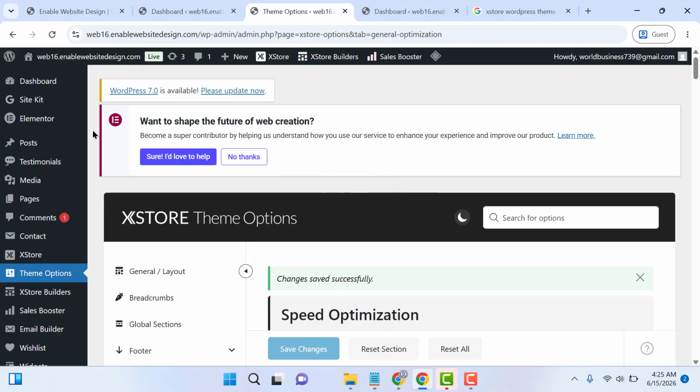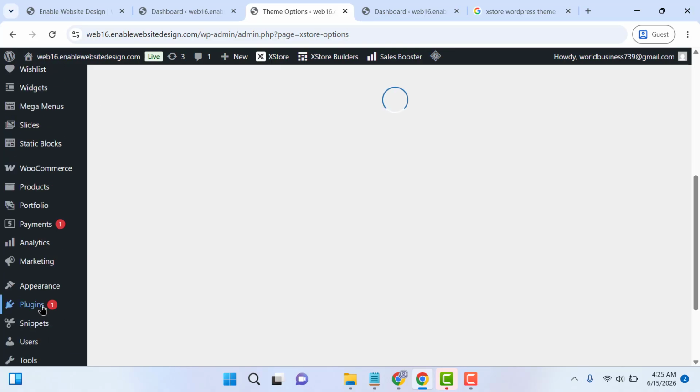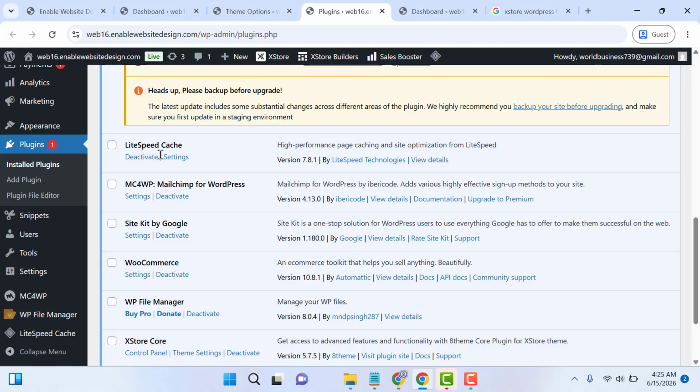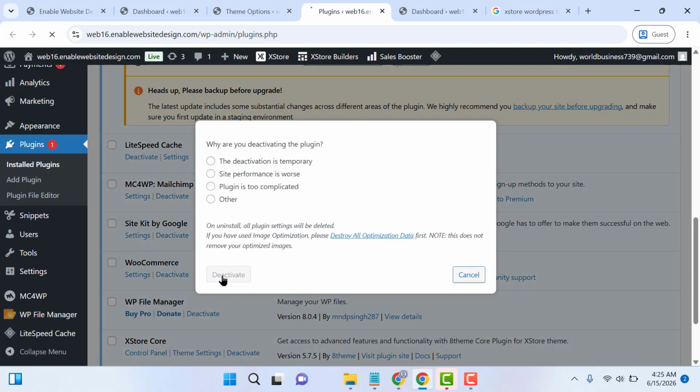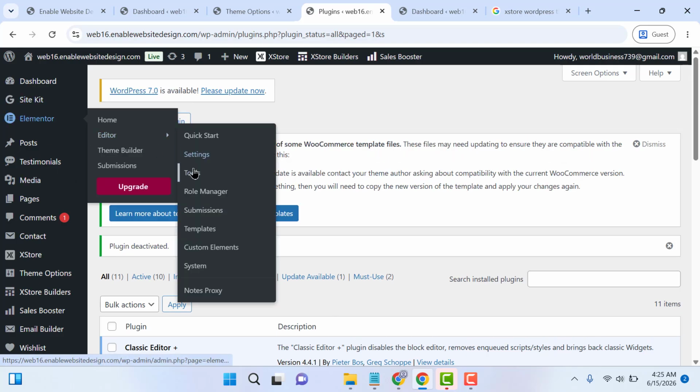But if you are using the Elementor page builder, first of all we need to clear the cache using the LiteSpeed Cache plugin, this one, and then go to Plugins. This is the plugin that you can install for free. After that, now let me deactivate. Now we need to go to Elementor, then Tools,